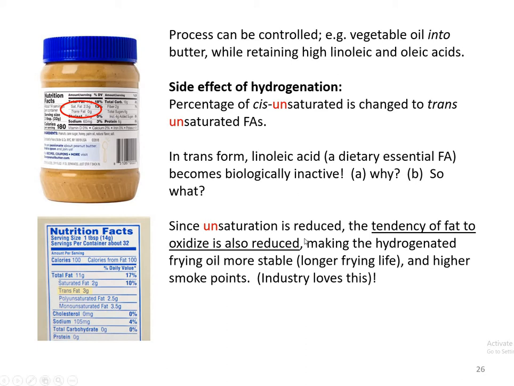And since unsaturation is reduced, the tendency of fat to oxidize is also reduced, making the hydrogenated frying oil more stable. This is what the industry wants. You get longer frying time and higher smoke points. The oil becomes more stable. The industry loves this. Anyway, if you buy say peanut butter or any other solid fat like margarine, have a